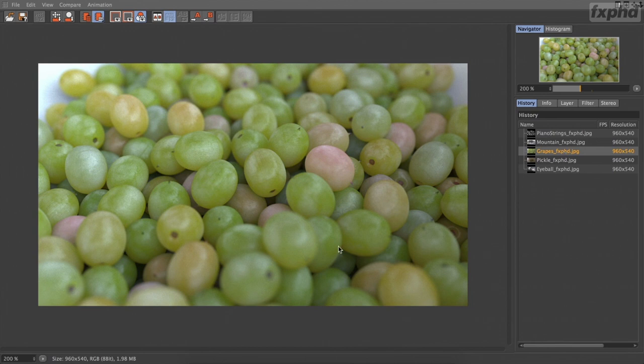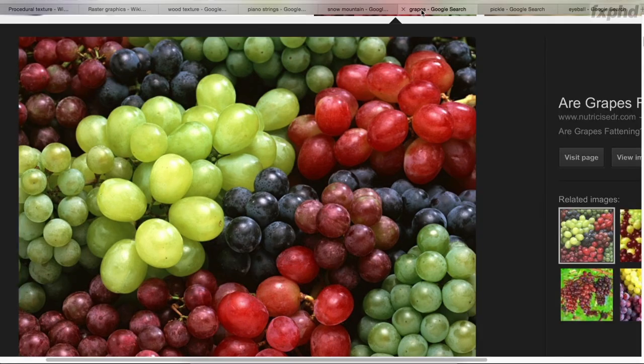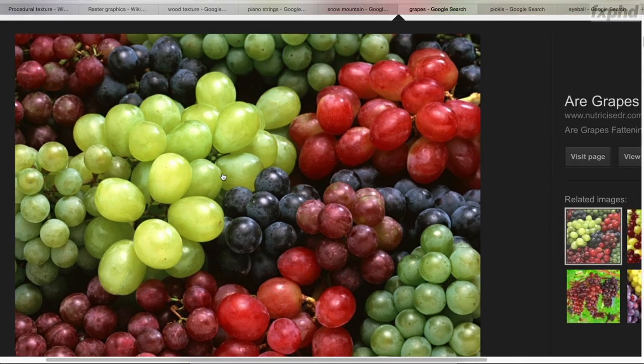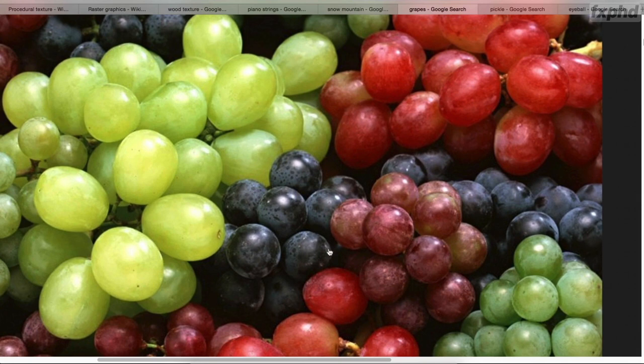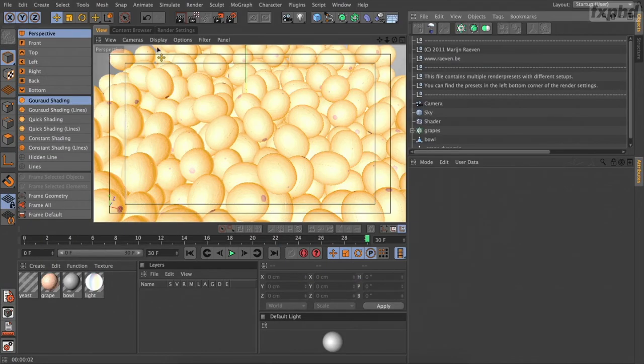And again, let's compare that to what we saw in Google for this image of these grapes. This is pretty darn impressive, considering there isn't a single pixel or Photoshop scan or digital image used in this. This is a 100% computer generated image right here. I'm a huge fan of this guy. And the quick breakdown of this,